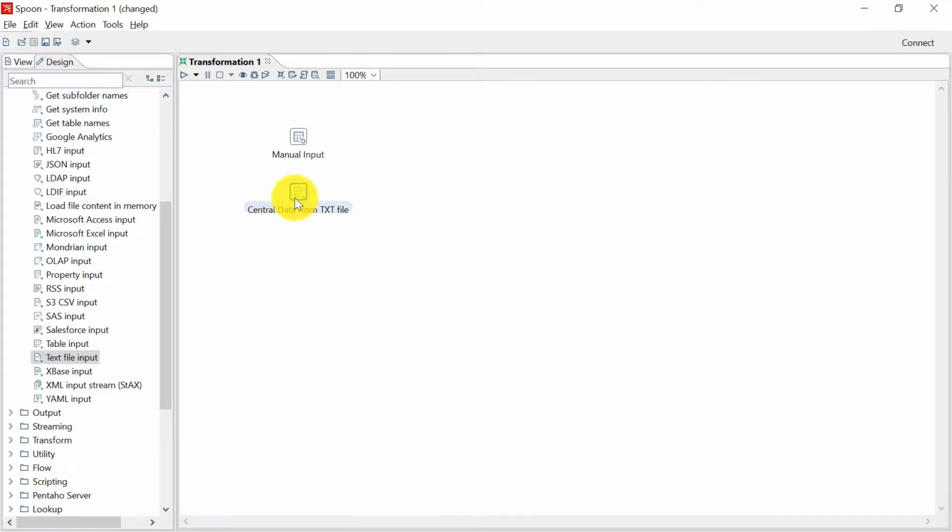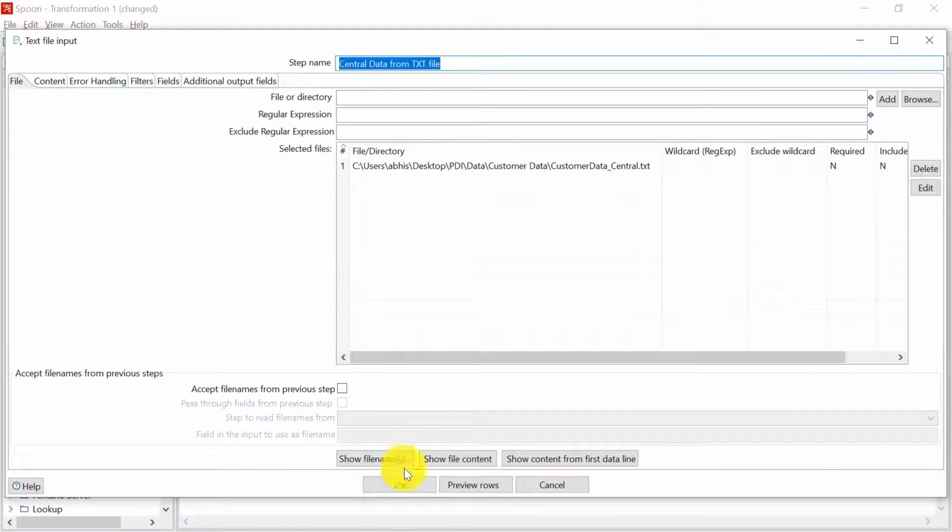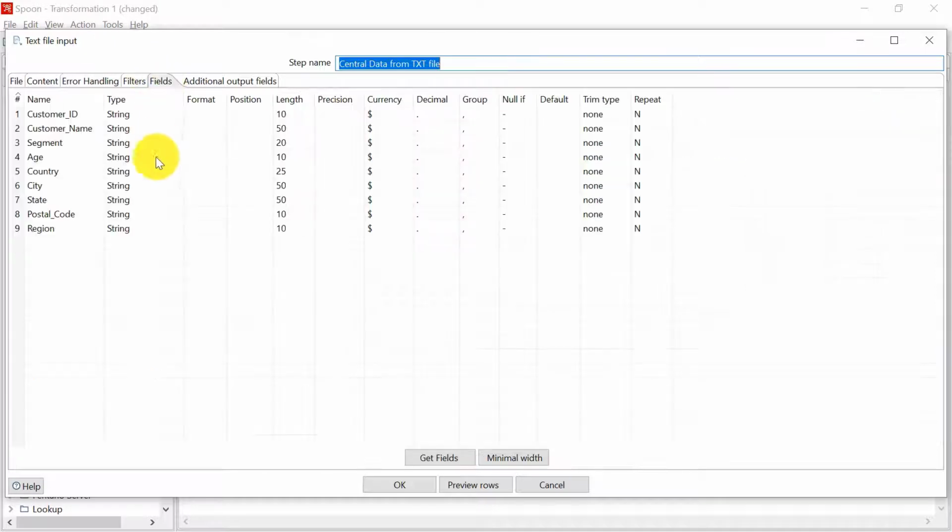Just to highlight, if you want to select a subset of the data, that is, you do not want to get all the fields, you can remove this region field, and then this step will only be reading the first 8 columns. If you remove the 8th column also, this step will be reading only the first 7 columns. However, you won't be able to remove any column from the middle.